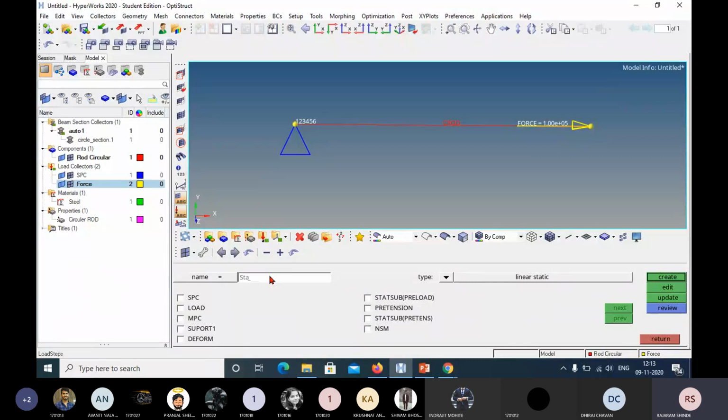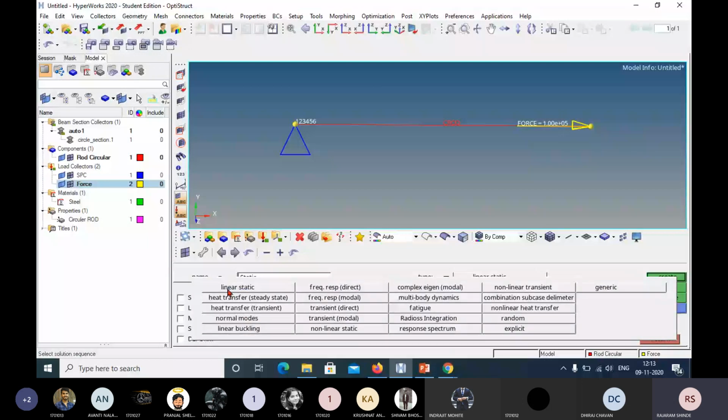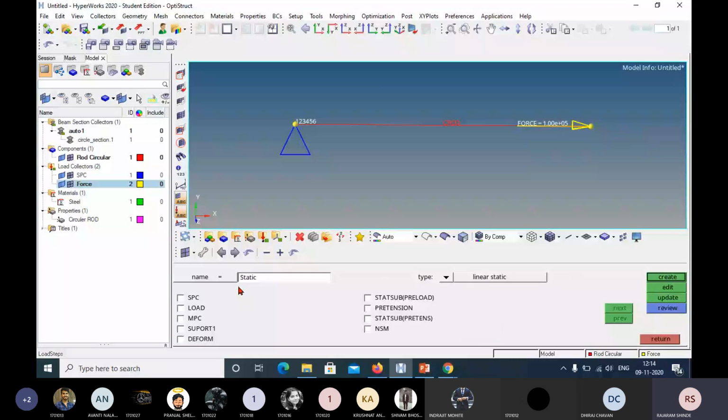It is static analysis, static. Now select the type of analysis. There are different types. Our type is linear static, so you select this linear static.